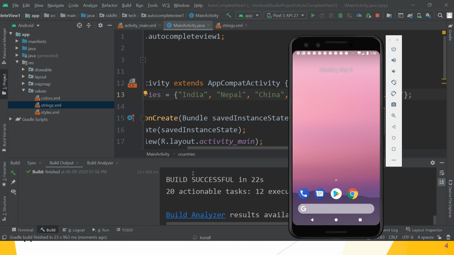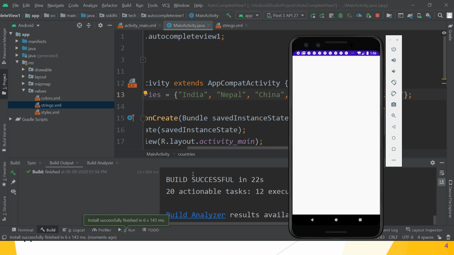First, create the array of countries string array, then create the object of array adapter class, then get the autocomplete text view reference by using the find view method, then set the threshold, set the adapter, and then event handling using AC dot set on item click listener. Great. So here is your application, autocomplete text view 1, and the message is enter country name, that is the hint.